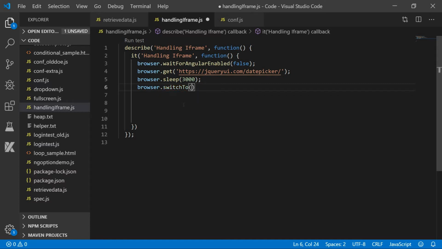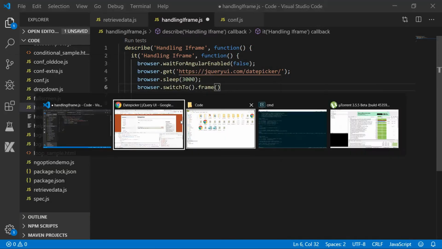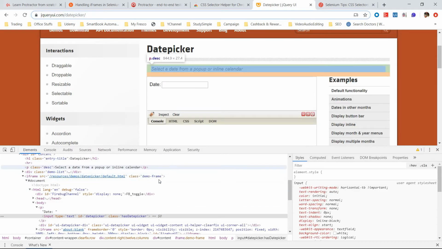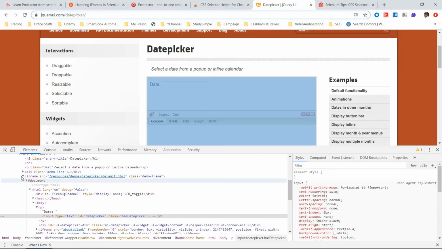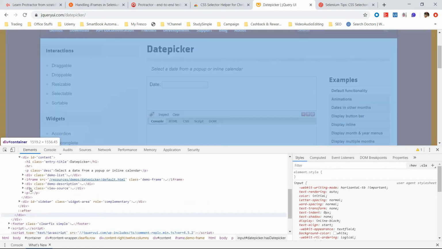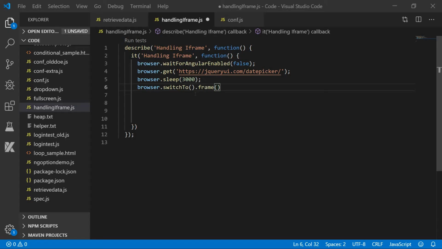In Protractor we have the same command, and inside that we pass either the name or the index. In this case we don't have a name in the iframe, so we will go with the index. You can check that there is only one iframe present in this website, so we will write frame 0. This will completely switch to the new frame.